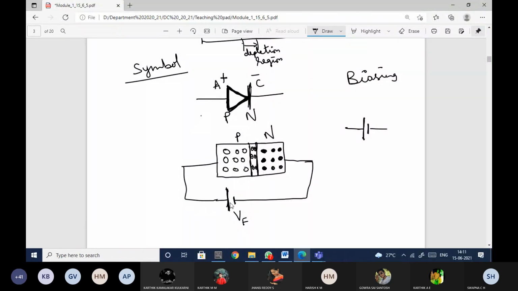I'm connecting a battery. If you observe, the positive terminal is connected to the P type and the negative terminal is connected to the N type. Initially, these are nothing but the holes and these are nothing but the electrons. As you know, these electrons are negatively charged and these holes are